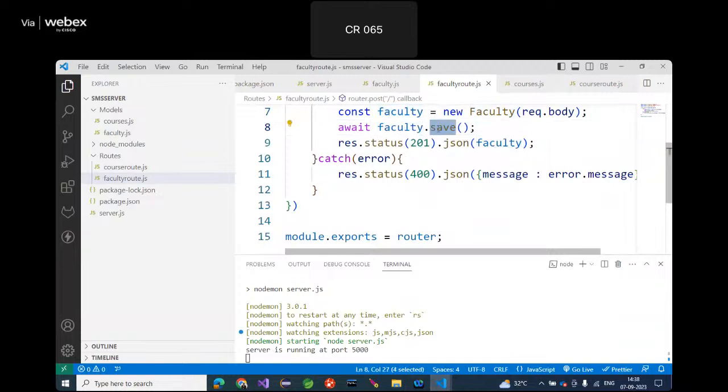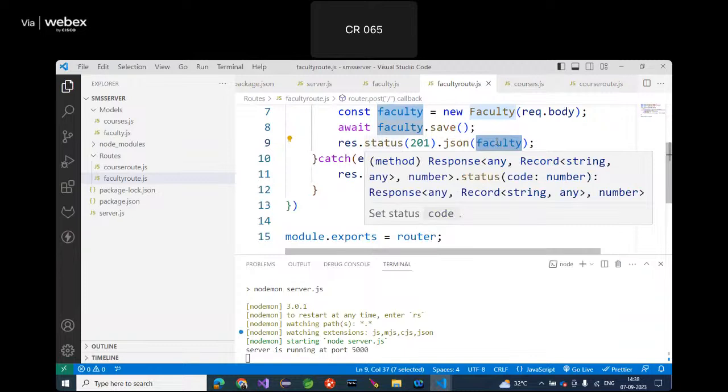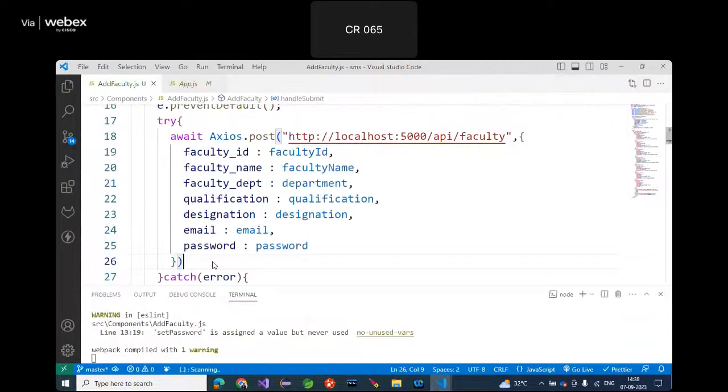So once it is successfully saved, what am I returning from the server? Your faculty data, whatever was stored in the database, will come back in the form of JSON. See this: response dot status dot JSON, dot JSON of faculty. So once it is done successfully,